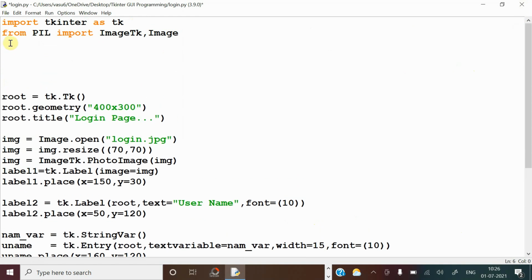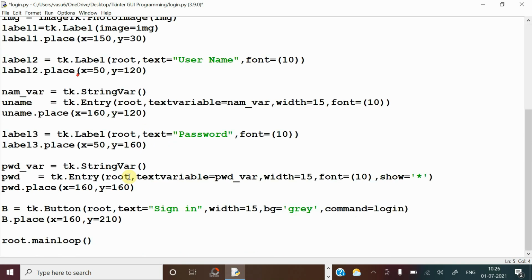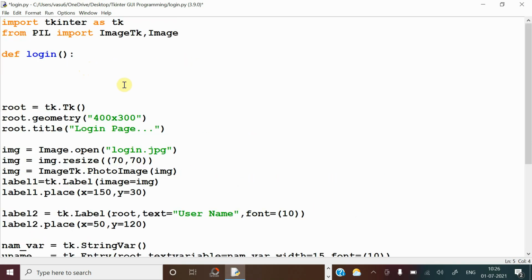So at the top, create one function, def login. So this is the function. After clicking the button, this function will be called automatically.